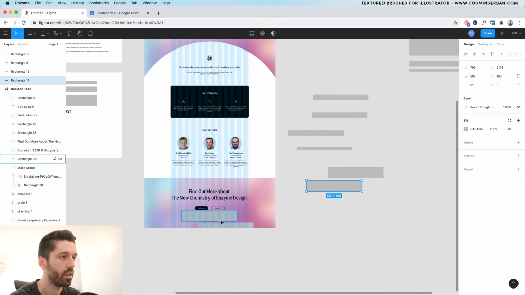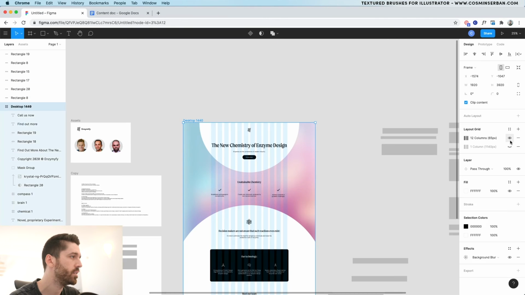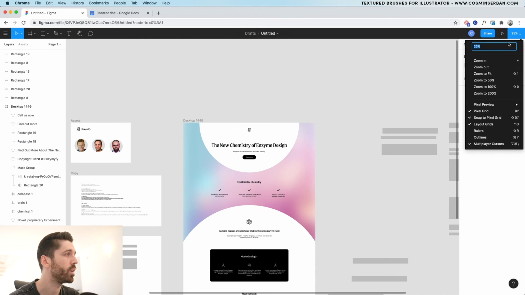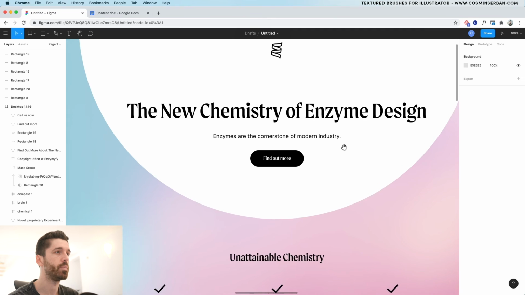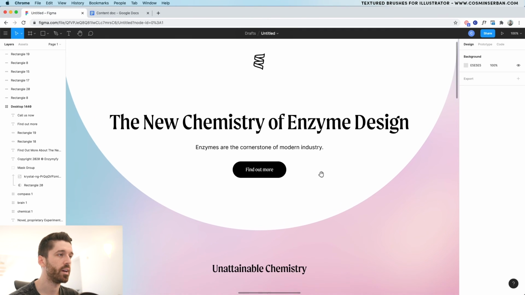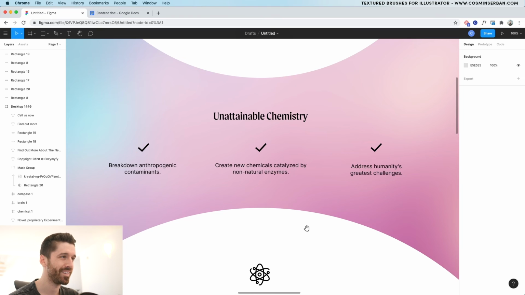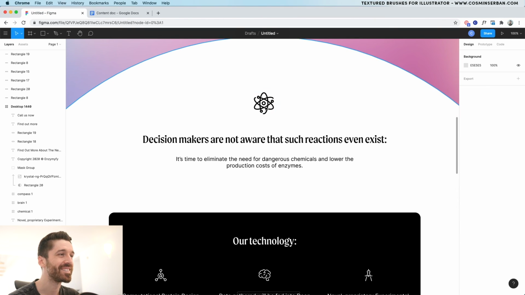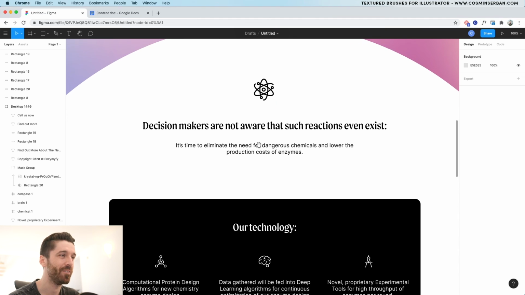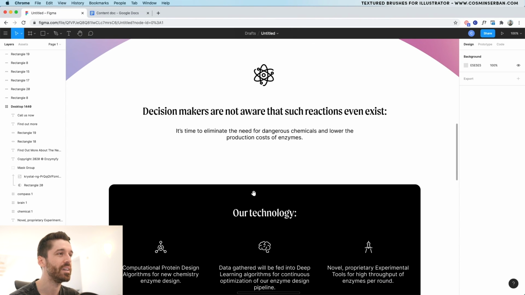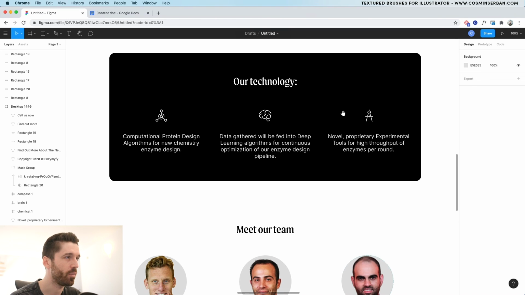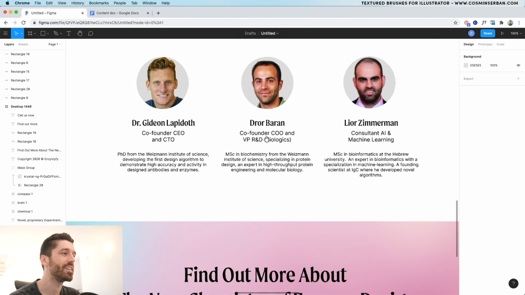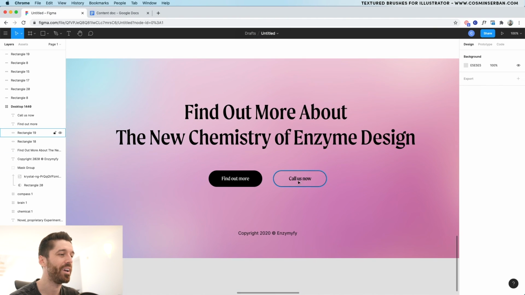Let's take away all of the guides and all of the spacing, disable the layout grid, and let's take a look over what we created. Let's zoom into 100%. So it starts off with the header area, goes into the benefits section, which uses these handmade check marks. Then we have the icons, which are monoline from Envato Elements. You have some of the reasoning why this service exists. Then a bit of contrast with 3 columns, where you have a breakdown of the technology, meeting the team, and finding out more and getting in touch.